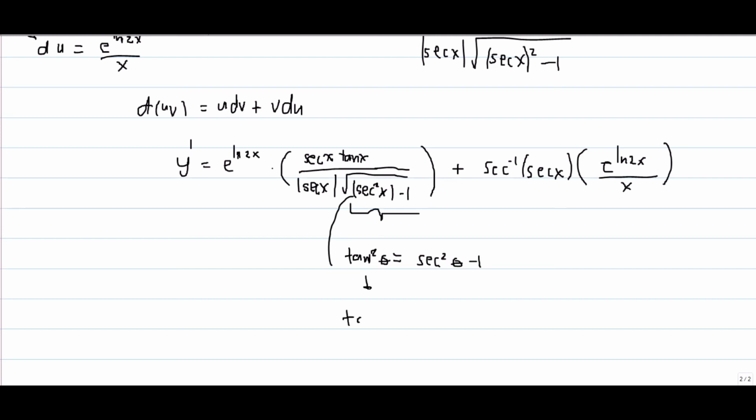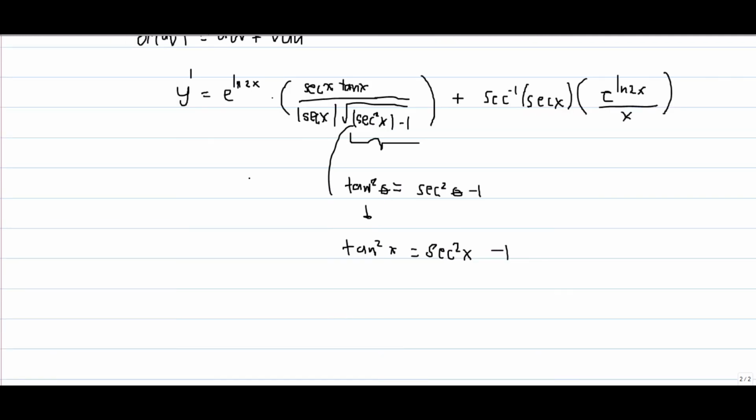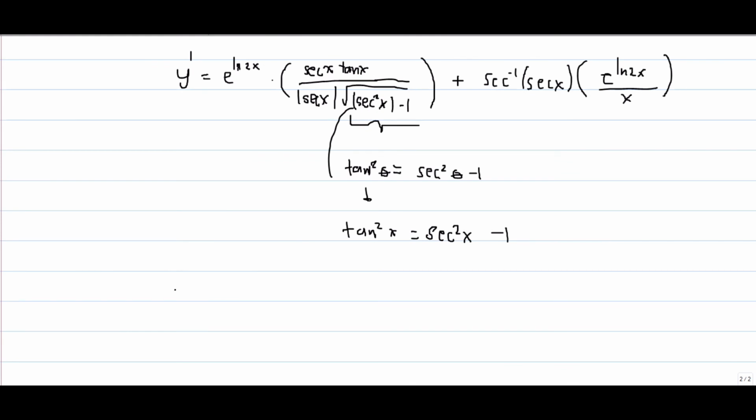Therefore we have tan squared x, which is equal to secant squared x minus 1. So rewrite y prime, which is equal to e to the power